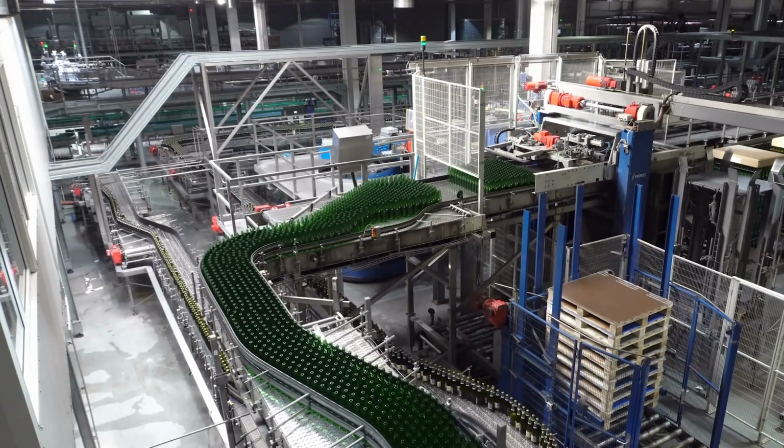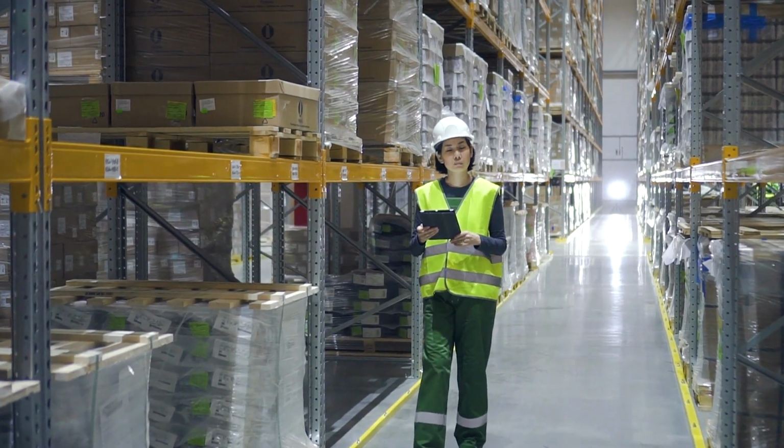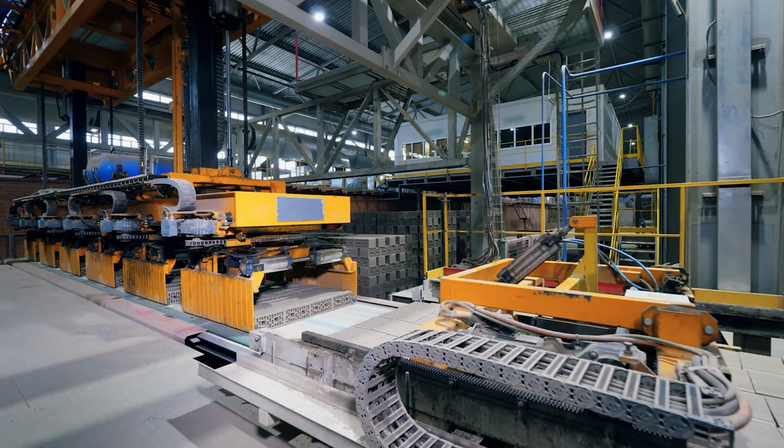The Proficy portfolio from GE Vernova is uniquely integrated from HMI SCADA through data historian through the MES layer. And that tight integration enables customers to be able to deploy projects faster, get better outcomes faster. We've spent the last several years bringing the whole portfolio together behind a common user experience, which we call Operations